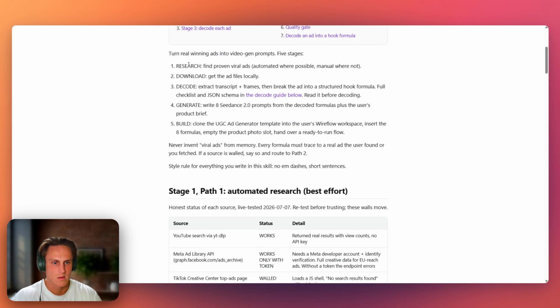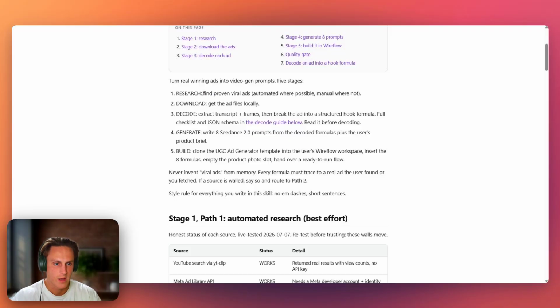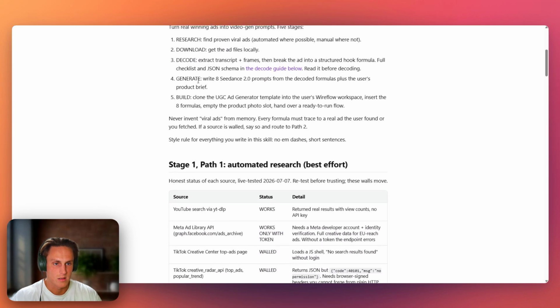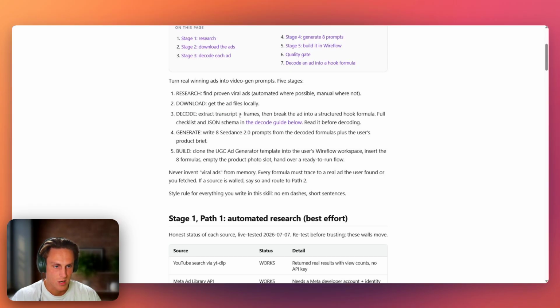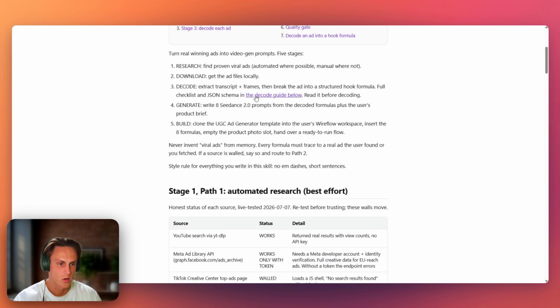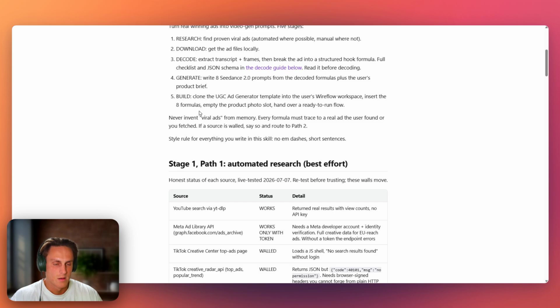Essentially what this does is an end-to-end 5-step research and build. It goes through the research phase where it finds proven viral ads, then it downloads them, then it decodes them. So it has scripts and processes to extract the transcripts and the frames. Then it breaks the ad into a structured hook formula, a full checklist, and JSON schema with the decode guide below. And then it generates the prompts and turns them into Seedance videos. And then it directly connects to Wireflow and injects those prompts. It runs you through how to set up your Wireflow API as well. And it pretty much acts as your agent